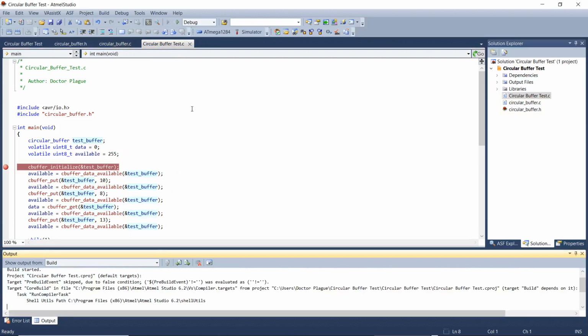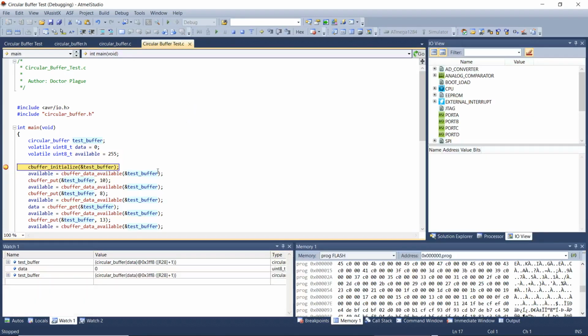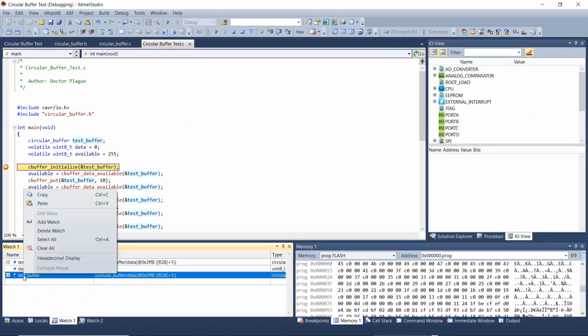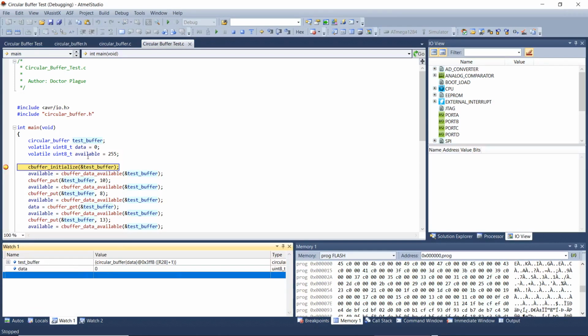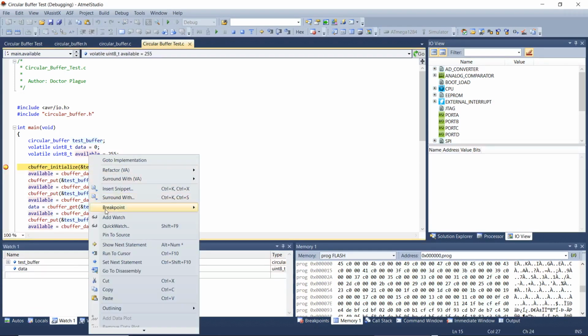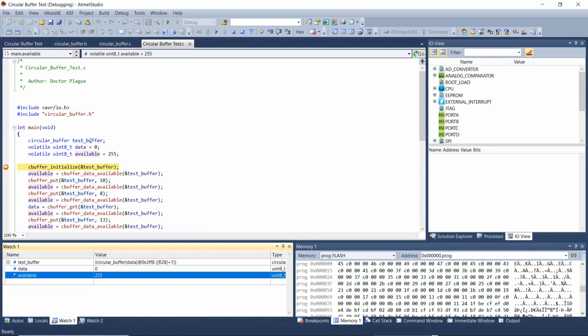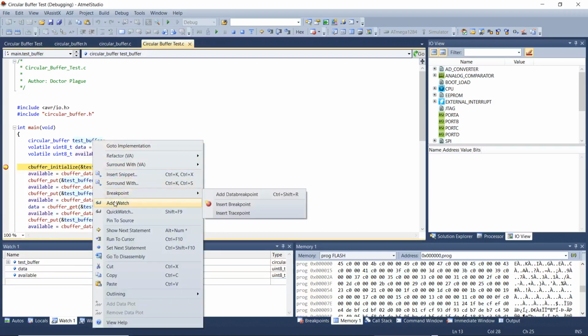Now let's simulate it. Again, I'll delete the last watched item to add the available variable. And I'll add the test buffer back to the end of the watch list.